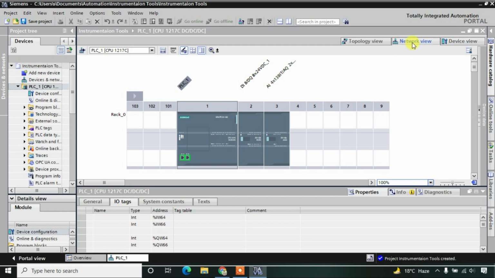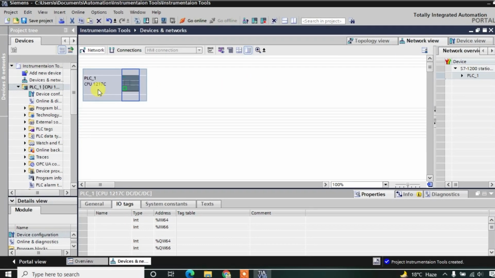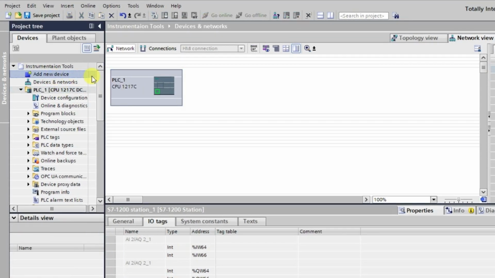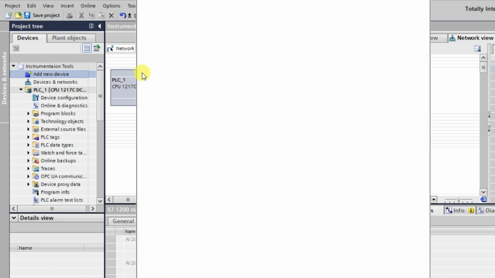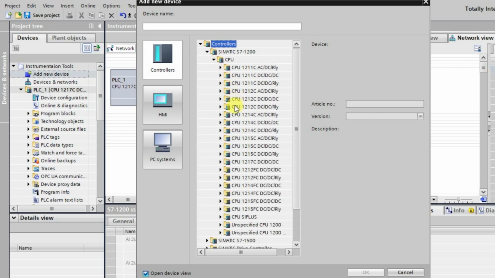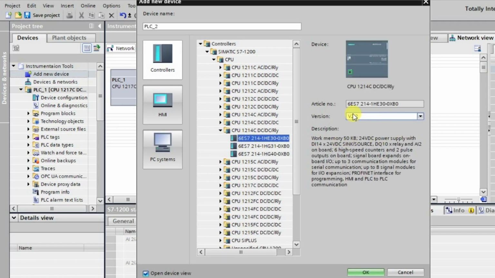If you observe the network view, we have only a single CPU. If you want to add more devices, click add device. Here we select this CPU, or we can select another CPU also. For the timing we will select one more CPU. This is version 2.2; we will not select this one, we will select this one.